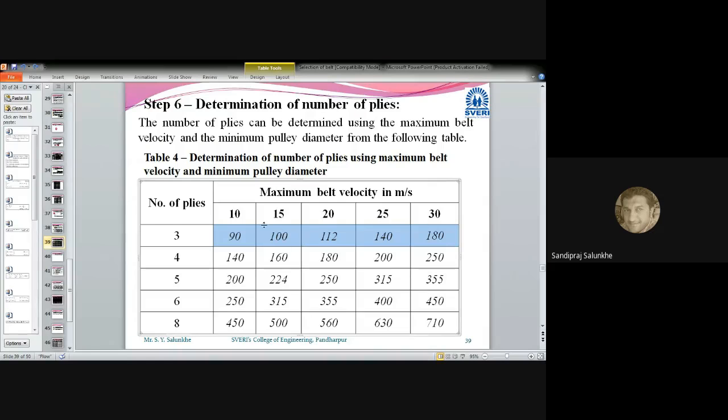If you have these two data, that is the speed of that belt in meter per second, this is the first thing which has been written here in bold, that is the speed,